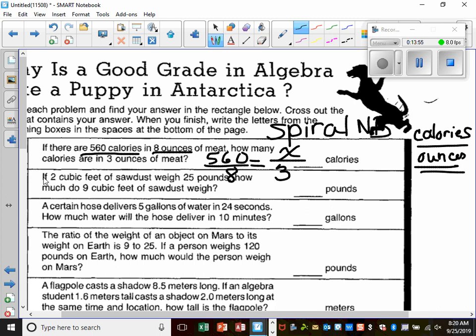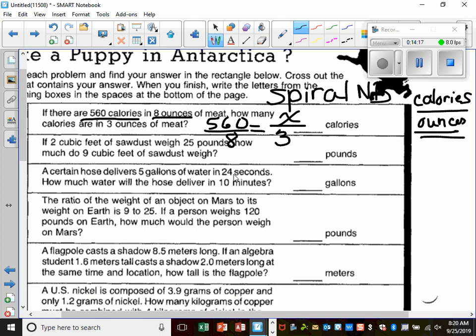Like in the second one, if 2 cubic feet of sawdust weigh 25 pounds, how much will 9 cubic feet of sawdust weigh? It looks like you're comparing cubic feet to pounds, so just make sure you put the numbers in their right places. The only one, guys, with time, be very careful. This third one is in seconds, and this one is in what? Minutes. So what do you think you're going to have to do to 10 minutes? Change them to seconds, so you're multiplying the same units. Okay? All right, let me know if you have